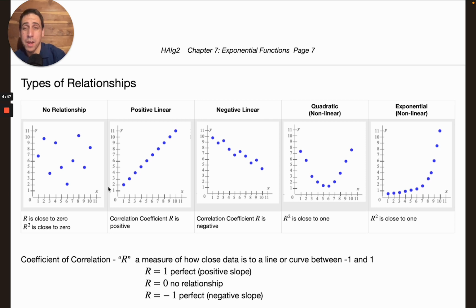However, here we've got a positive linear relationship. The correlation coefficient R is positive. Things are looking up between x and y on this data. The data we have on this relationship shows positive linear growth going on. So things are looking good. And so it might even be close to 1 or equal to 1 if they're all perfectly on a line